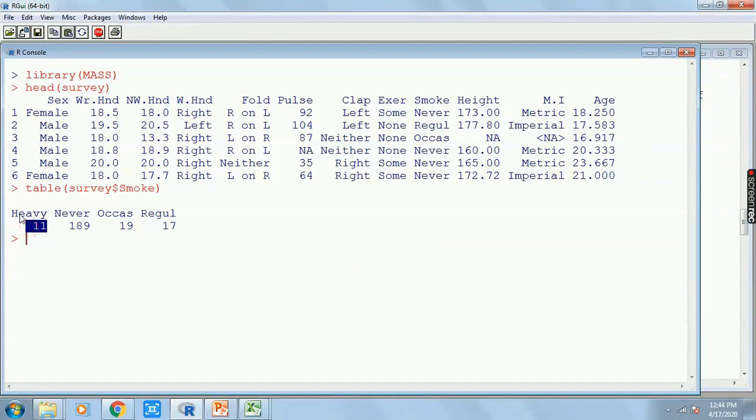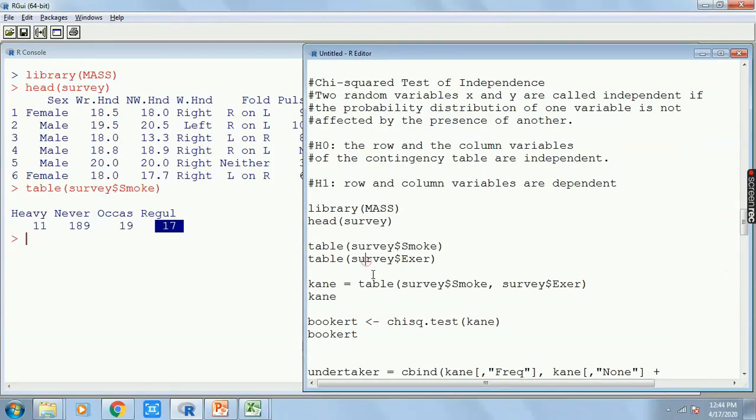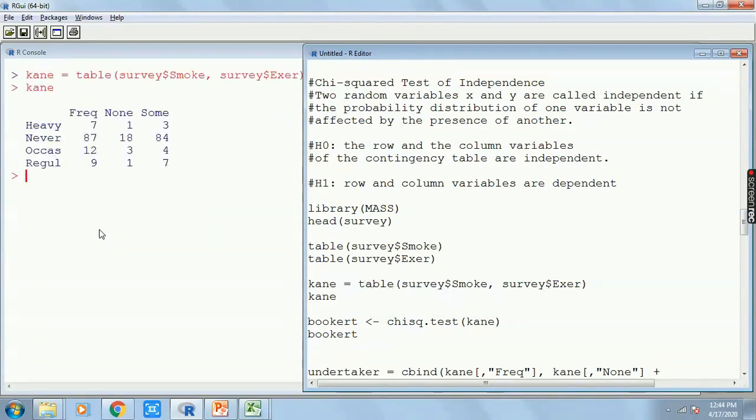It means we have 11 people who smoke heavily, 189 people who have never smoked, 19 guys who occasionally smoke, 17 guys who regularly smoke. Similarly, I want to do it with exercise: frequently, sometimes, and never. So if I create a table out of it,